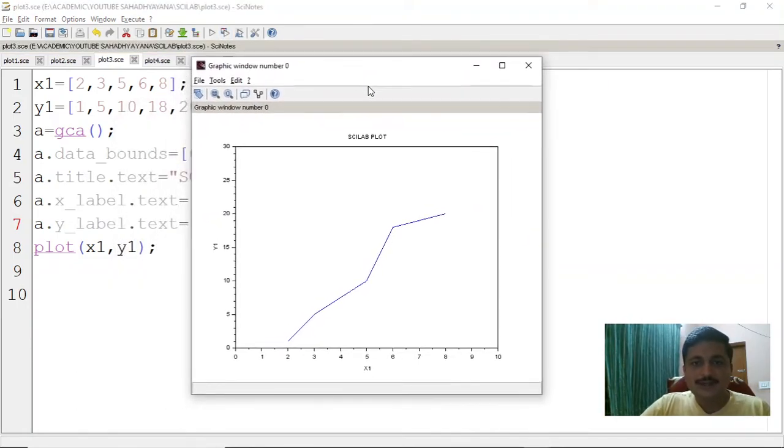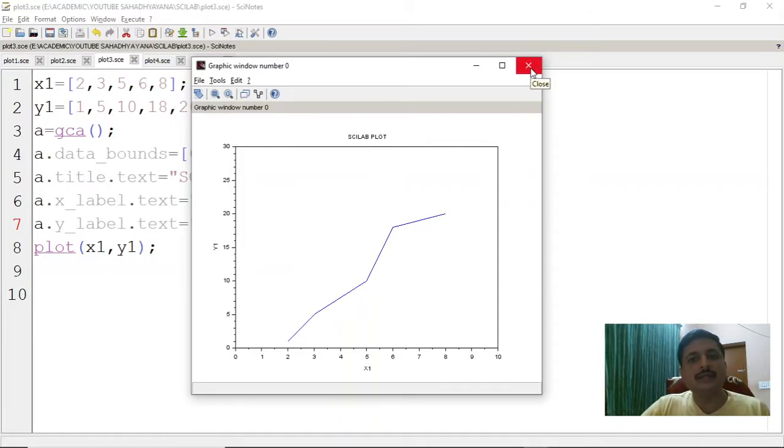So now see, I have a title for my plot, I have an x label, I have a y label. This is very important when you do some study, when you write a script and you want this graphical window as a proof for your study. You may have to put it in a report or a technical paper, where these labels or titles may be very important to convey to the reader what you are trying to project, the values to them.